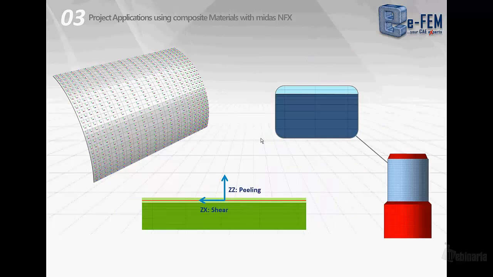We need to define a local coordinate system for the 3D elements of the glue, to be able to evaluate the correct stresses in the glue.